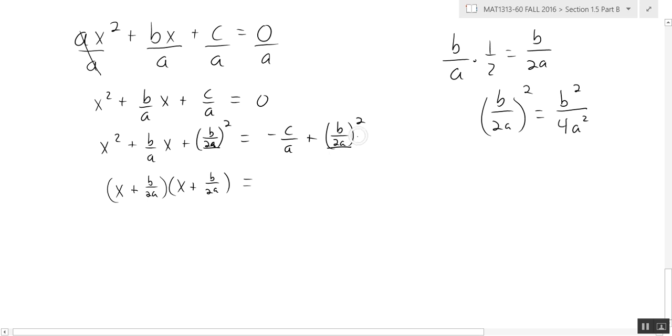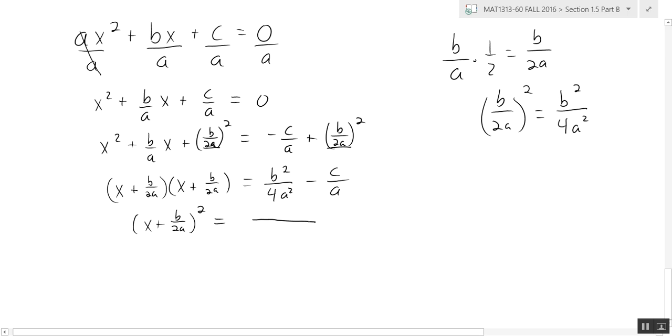Alright, on the right side, here I'm going to go ahead and write it out squared. Since it's a positive term, you see it's plus, I'm going to write it in front of this other term. So I would have b squared over 4a squared minus c over a. Okay. So on the left side I have x plus b over 2a squared equals,